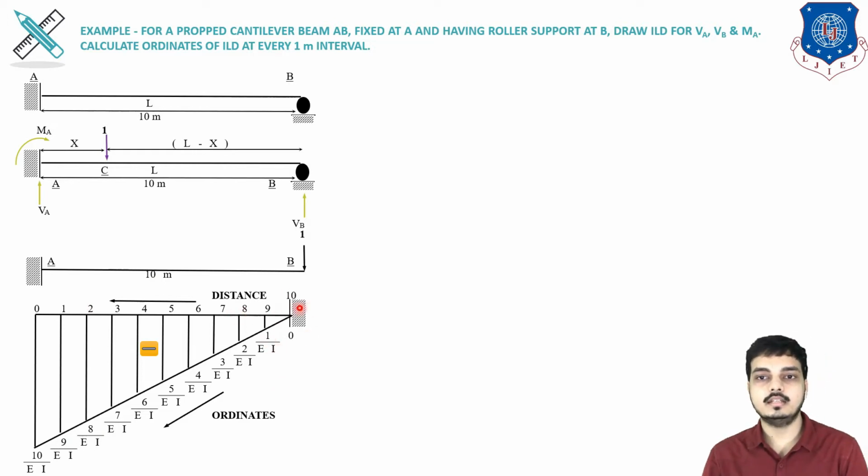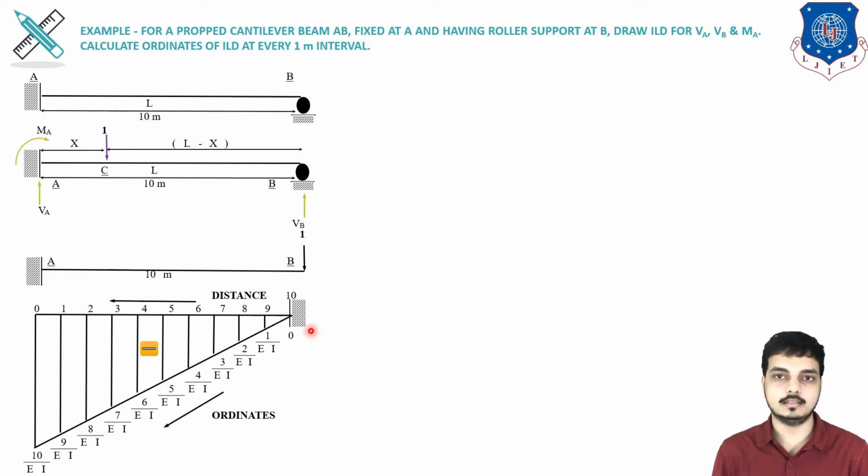You can check that here I have placed a fixed support and here I have removed the support. As per the rule of conjugate beam, a fixed support becomes free and a free support becomes fixed. So this is the conjugate beam bending moment diagram. Why have I made a 1 meter interval? Because it is given in the example. Whatever is given in the example, if 2 meters is given, we have to put a 2 meter interval. If it is not given, then assume a 1 meter interval.